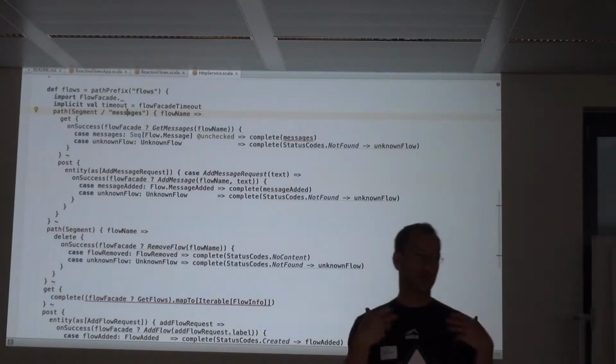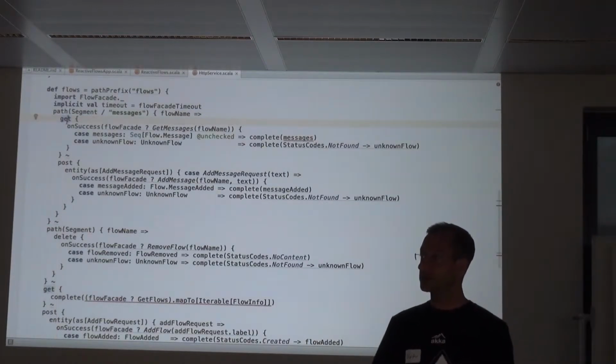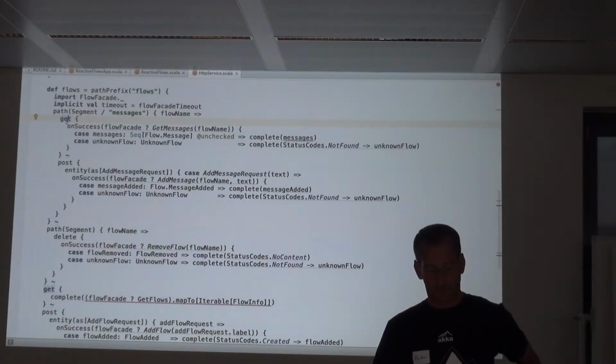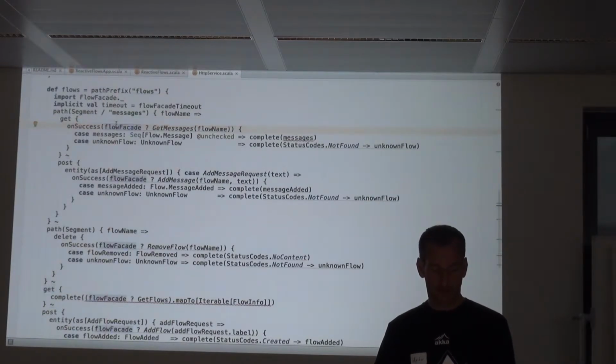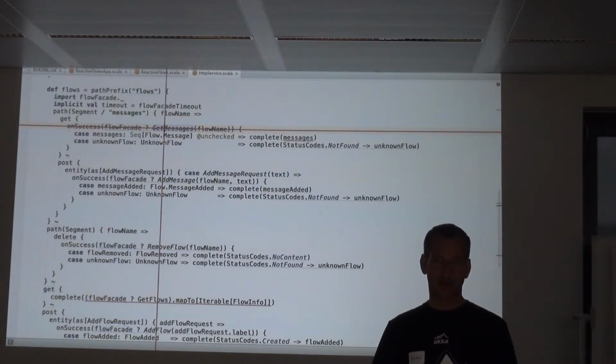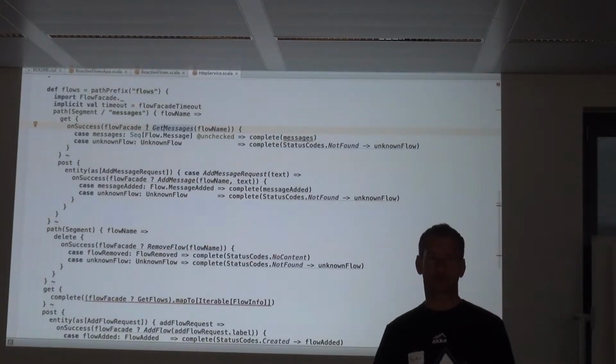Here's the GET, to get all the messages for a particular flow, let's say the Akka flow. To get those messages, we go to the flow facade, we send the get message, and we ask for it. So we get back a future, and the future can be used to complete the request.